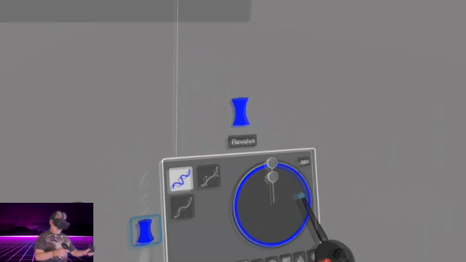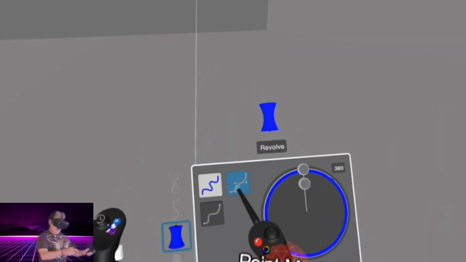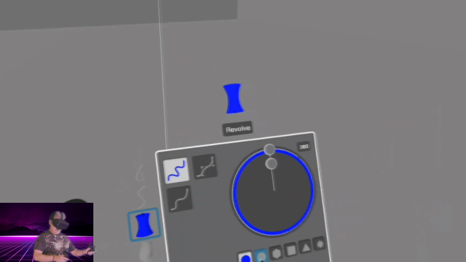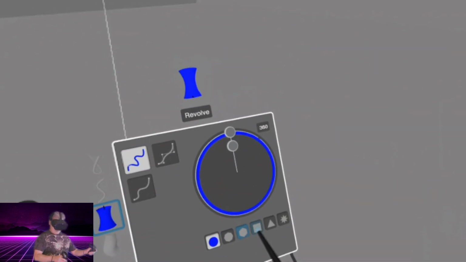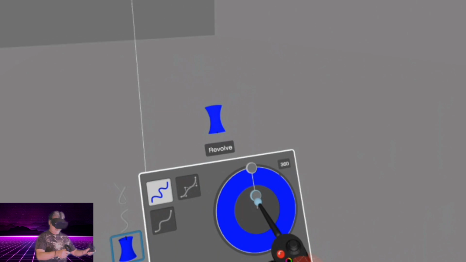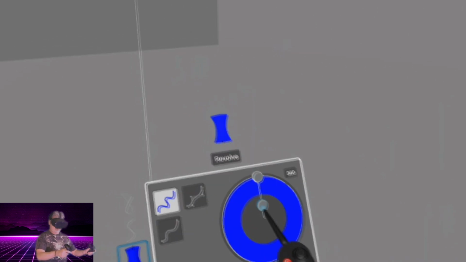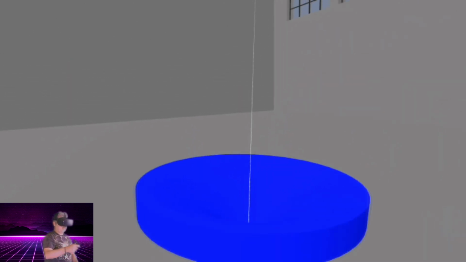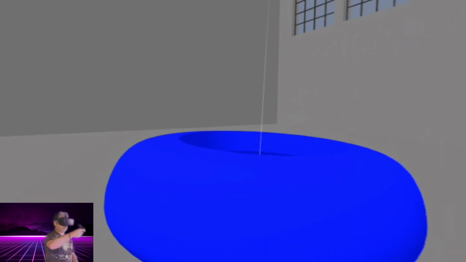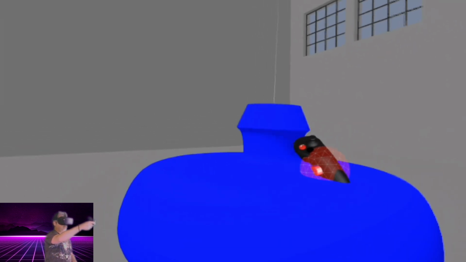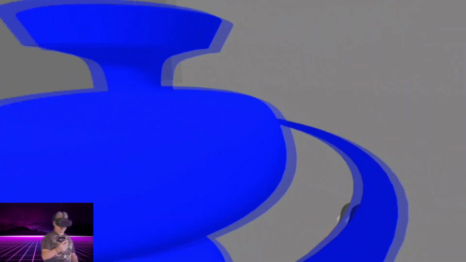And before we start drawing, let's go ahead and take a look at the properties on the revolve tool. You have point mode, all kinds of different options, different shapes that you can use. I'm going to go ahead and change the thickness. I'm going to make this fairly thick. And we'll start from the bottom and just move away from the axis point and draw upward and create some interesting shape. Looks like a lamp, pretty much.